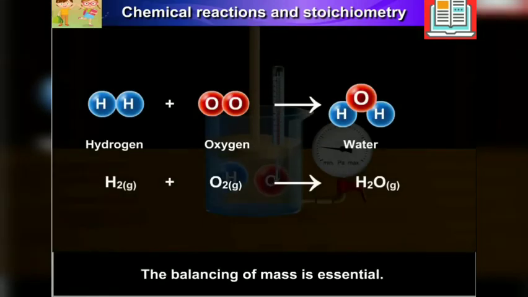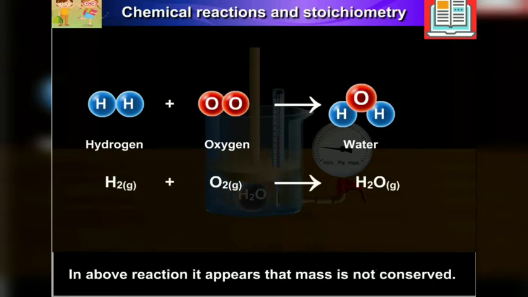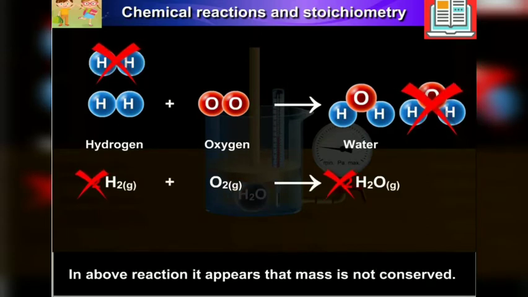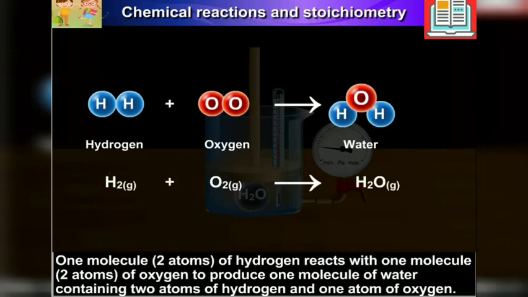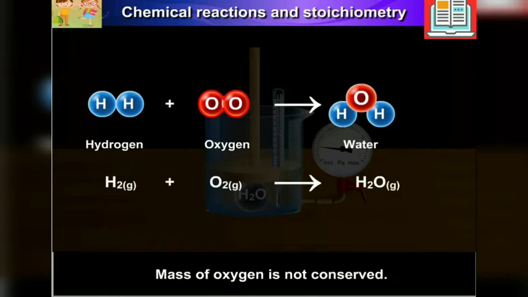The balancing of mass is essential. In the above reaction, it appears that mass is not conserved. One molecule containing 2 atoms of hydrogen reacts with 1 molecule containing 2 atoms of oxygen to produce 1 molecule of water, containing 2 atoms of hydrogen and 1 atom of oxygen. Mass of oxygen is not conserved. Hence, the equation is balanced as